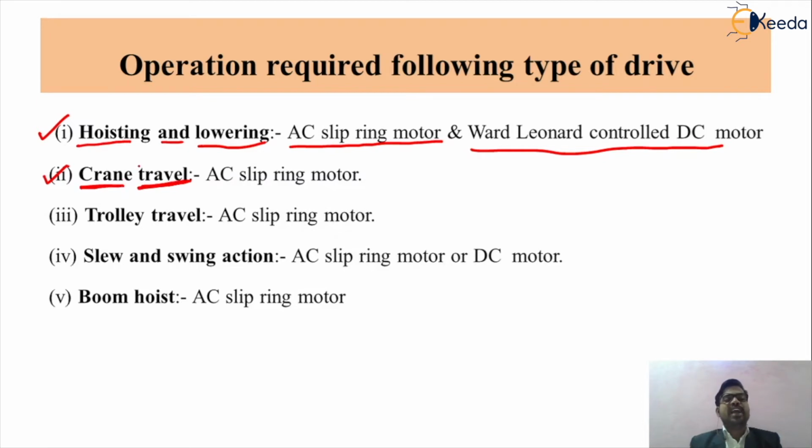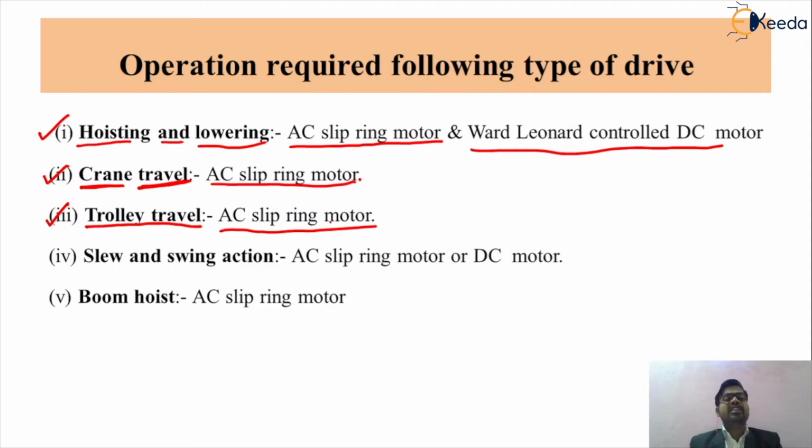So for the sake of that, we are using the AC slip ring induction motor for a particular application. The third application will be trolley travel. As we have seen, in different countries we are using such types of cranes for a particular trolley travel. For trolley travel we are using the AC slip ring induction